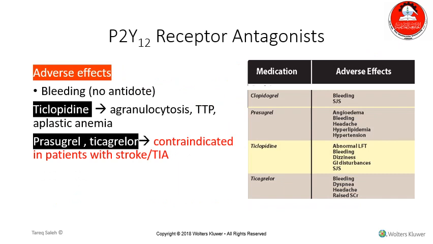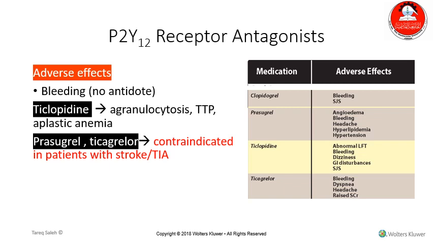P2Y12 receptor antagonists have a wide range of adverse effects as well. However, the major adverse effect of this class is, of course, bleeding because they interfere with the ability of platelets to form a plug that will prevent further bleeding from a damaged blood vessel. In addition to bleeding, which by the way doesn't have an antidote,